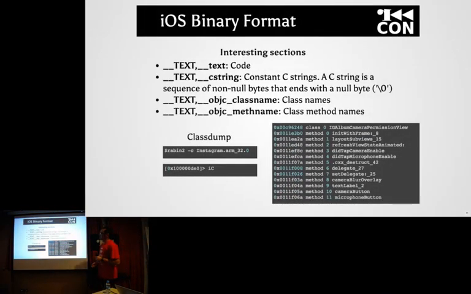Some interesting sections when you analyze an application in iOS. Some interesting sections in the binary that you maybe need to see. We have the segment text, and inside that segment you have different sections. First of all, the section text, where you have the code or the strings of the binary, or sections that are specific for iOS binaries